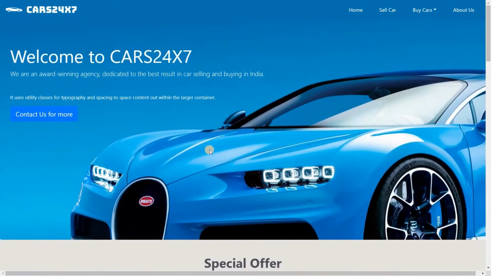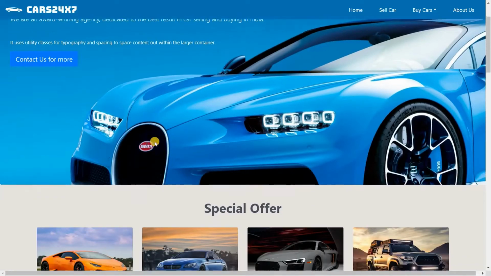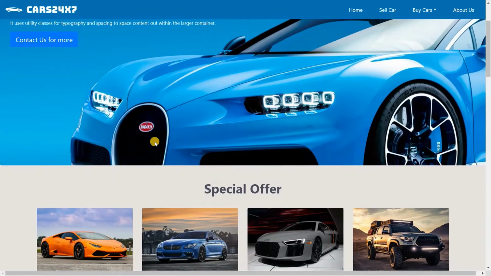Coming to the methodology, we have followed the waterfall methodology, by which we did analysis of the components required for the car buying and selling website. Then each member of our team designed templates of their own.